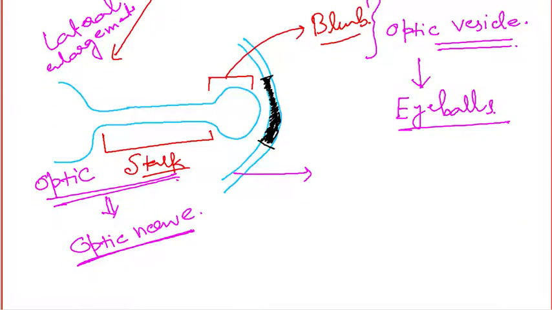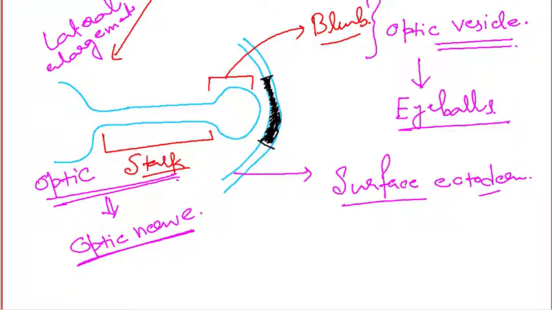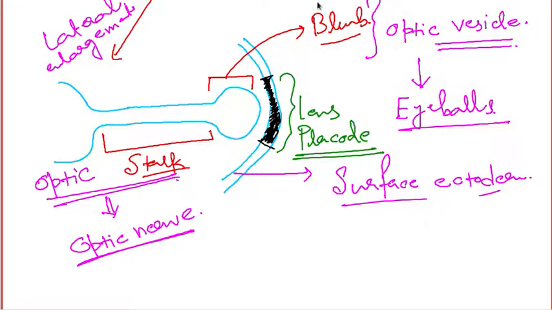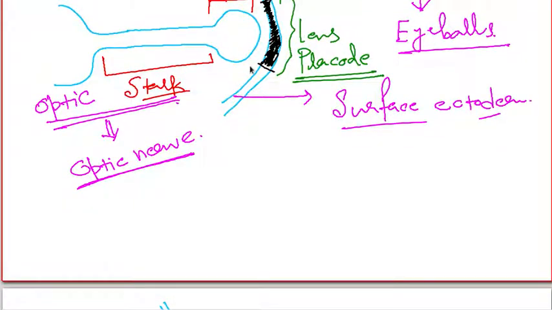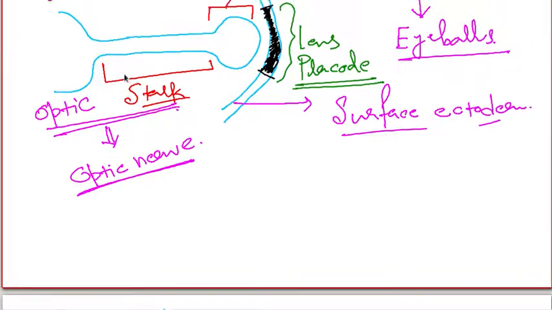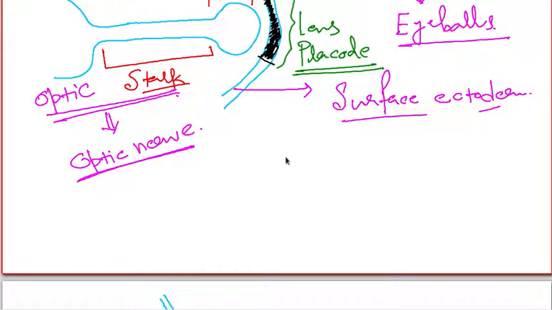Now this is called the surface ectoderm. Now the part of the surface ectoderm which the optic vesicle is coming in contact with is called the lens placode. Very important point, lens placode. Now next point. After the forming of optic vesicle and optic stalk, this lens placode will